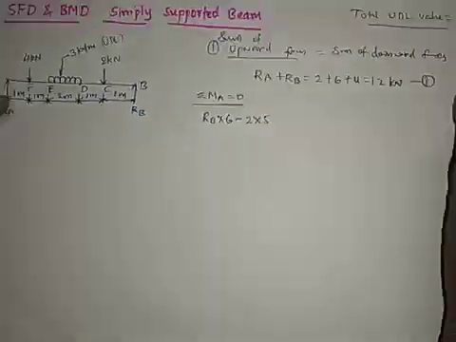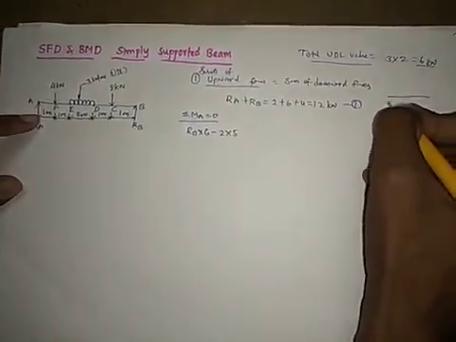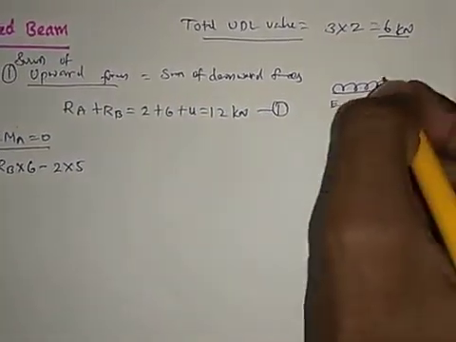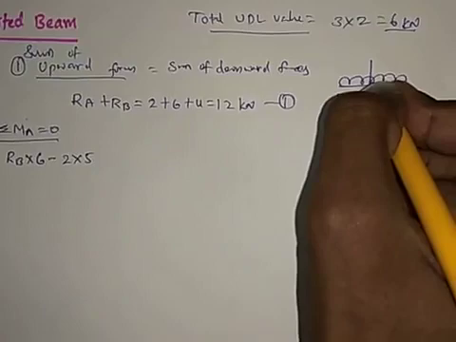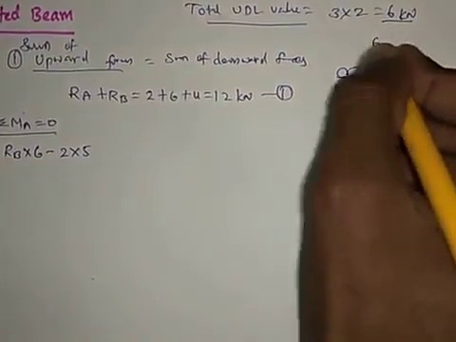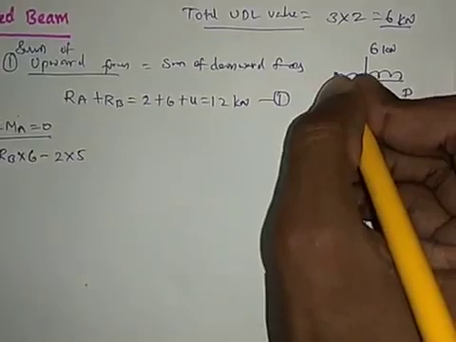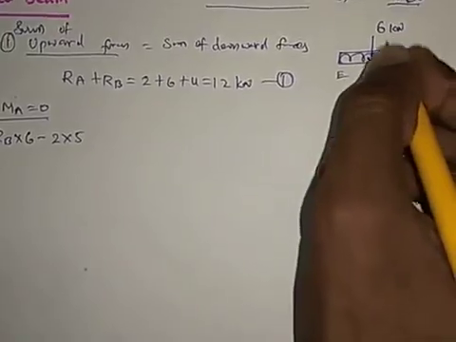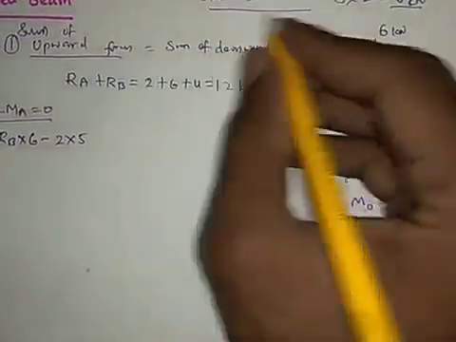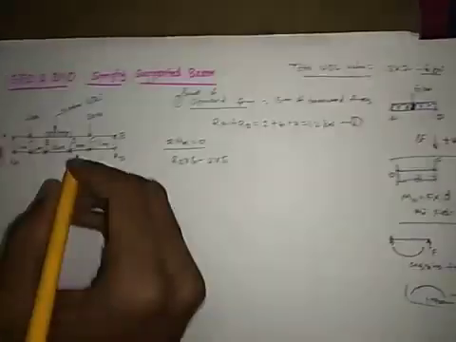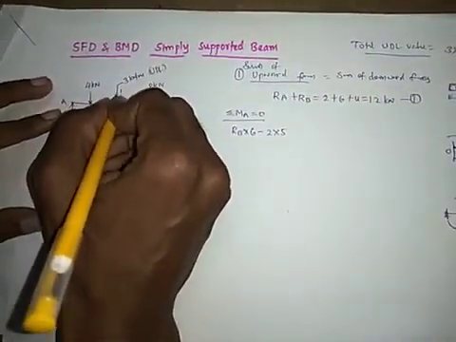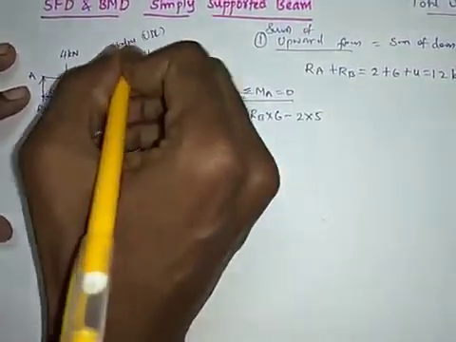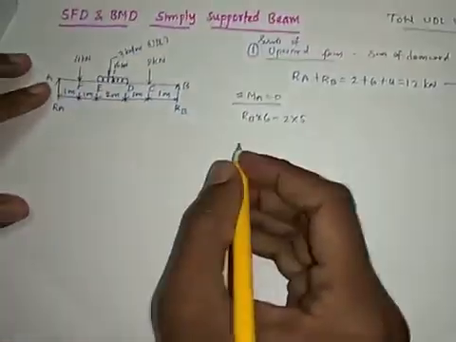Suppose here, if you see, this UDL is between point E and D. Its total value is 6 kilonewtons, and if you replace that, it will be replaced by a point load at the center. Why? Because if you draw a rectangle with this UDL, the center of gravity is at the center, so this 6 kilonewtons of total UDL value is placed at the center. I will represent that with a dotted line at the center, so that is 6 kilonewtons. This is the UDL replaced as a point load to calculate the bending moment conveniently.